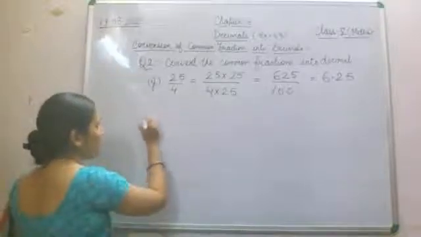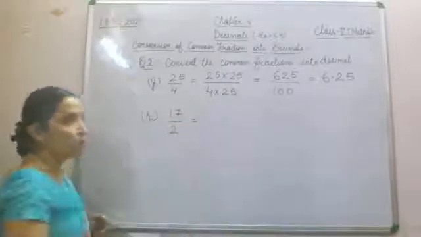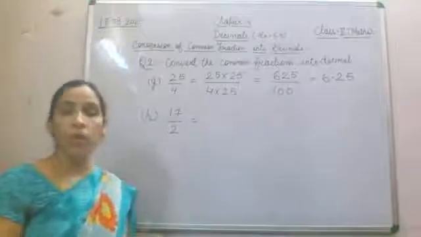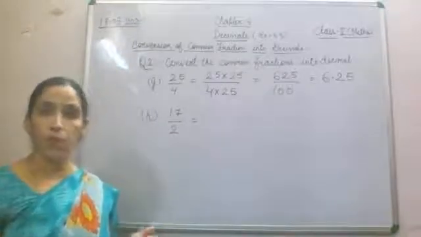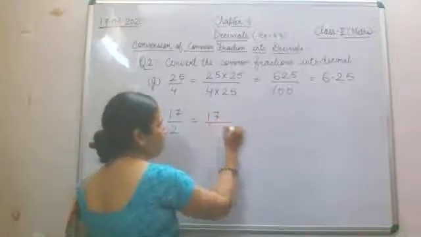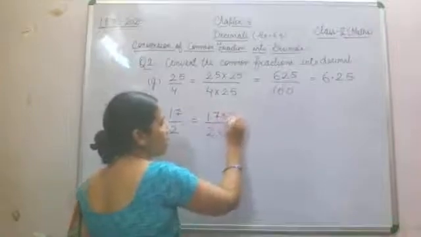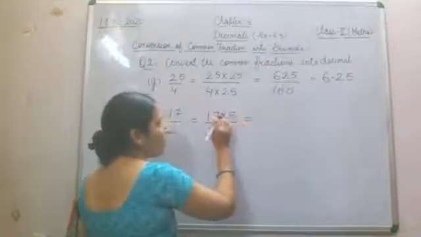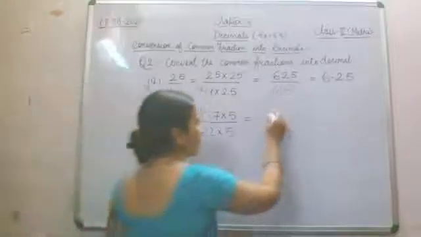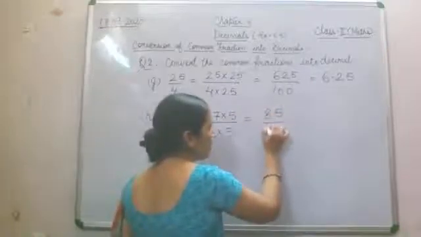Again a fraction will be given, that is 17 by 2. So what we have to do? Yes, 2 can be changed into 10 also, it can be changed into 100 also. So we'll change it into 10 only. Fine. 2 5s are 10 and here 17 5s are. So what will be the answer for 17 5s? Yes, correct. 5 7s are 35, 85 divided by 10.